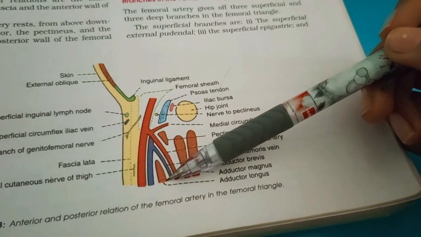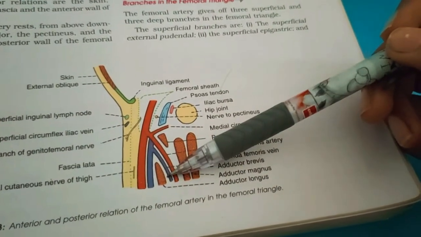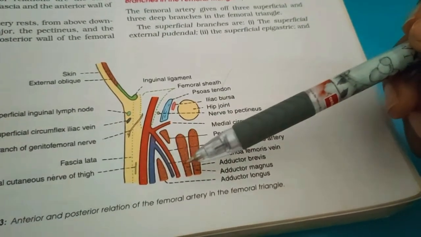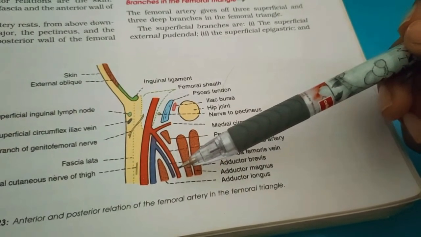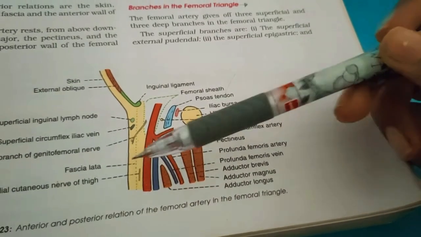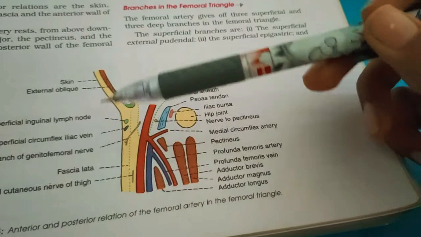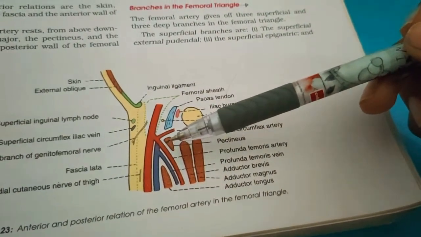So just below the inguinal ligament, the vein is medial to the artery. However, the vein gradually crosses to the lateral side posterior to the artery, and it is directly behind the artery at the apex of femoral triangle. So let us understand this sentence. Femoral artery is always accompanied by femoral vein. Okay, so just below the inguinal ligament, for example here will be the inguinal ligament,